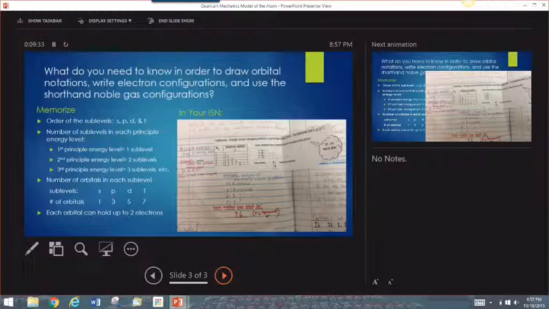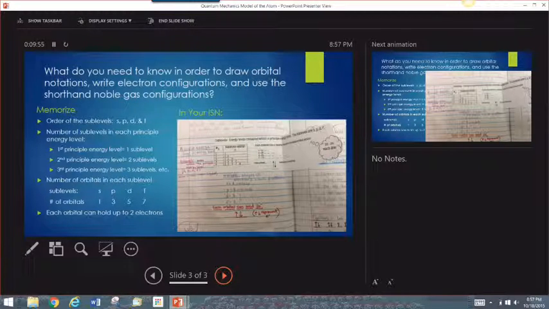So what do you need to know in order to draw orbital notations, write electron configurations, and use the shorthand noble gas configurations? Those are 3 things that we're going to learn how to do tomorrow. And the first thing that you have to just flat out memorize is the order of the sublevels, S,